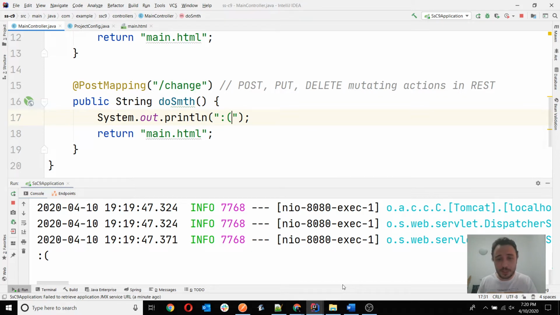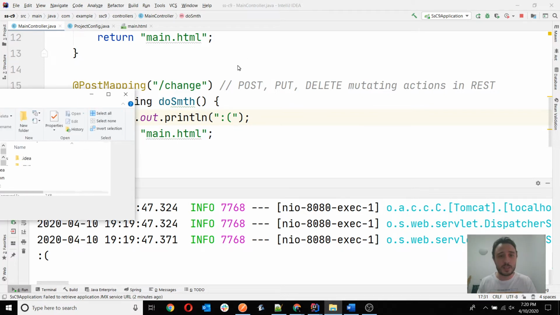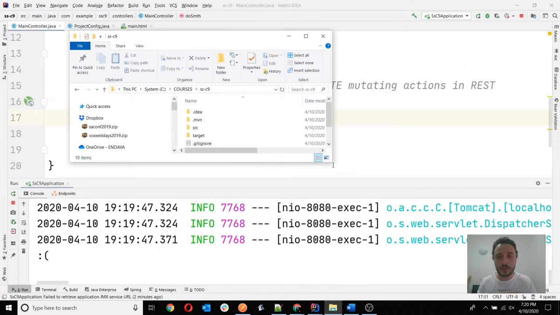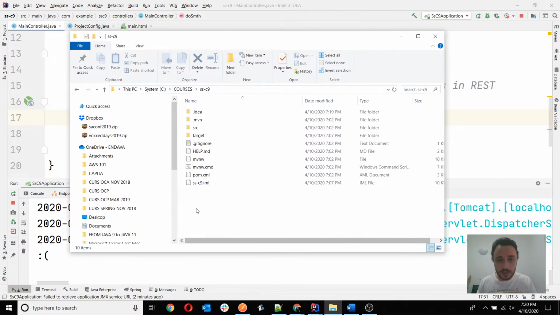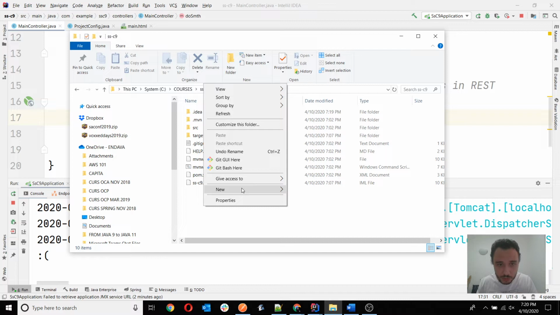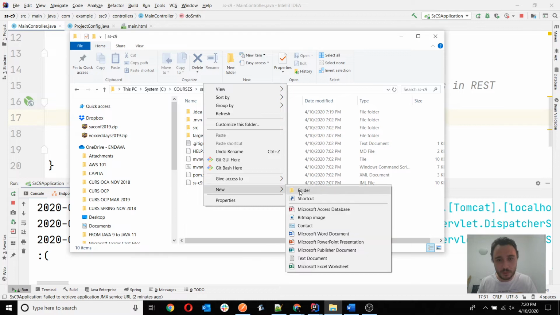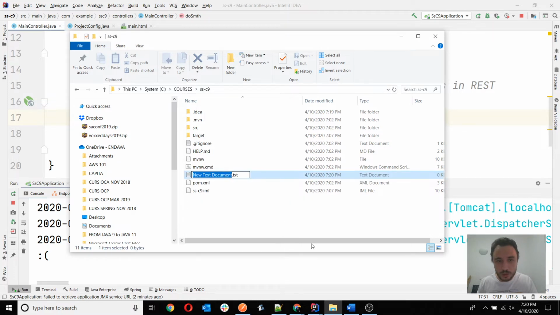Let me create some HTML for you right here in this project, because I will upload it again after I finish. So this is the project I'm working on here on my local computer, and just here, I will create a new... Oh my god, the computer is so slow. I'm not sure why. New text document, and I will call this malicious